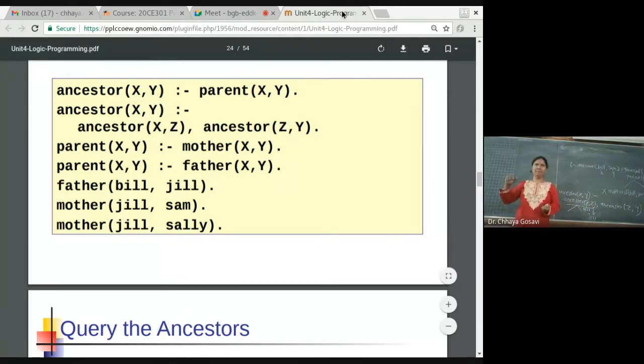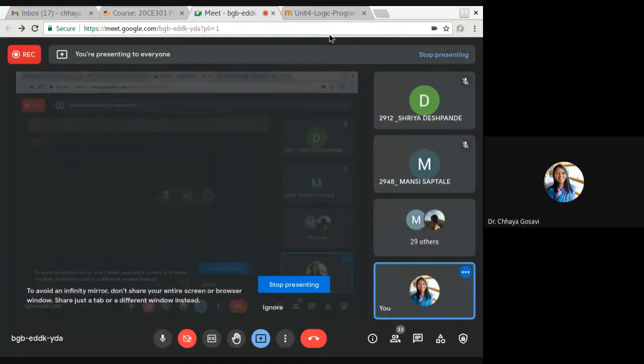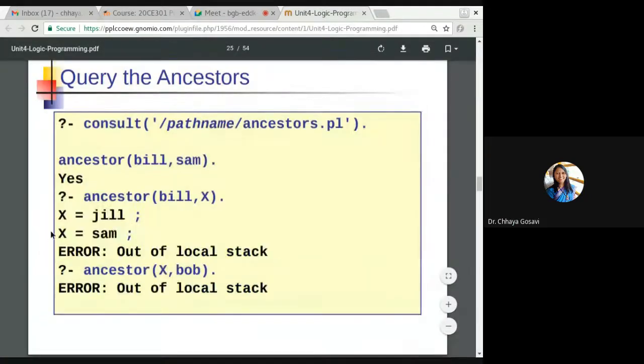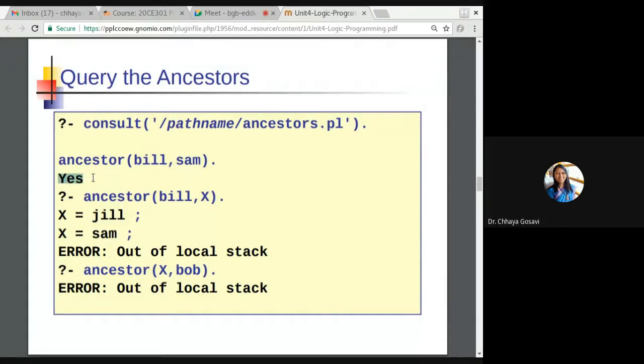So this is how the search happens. Here value of x, yes, it will return true.